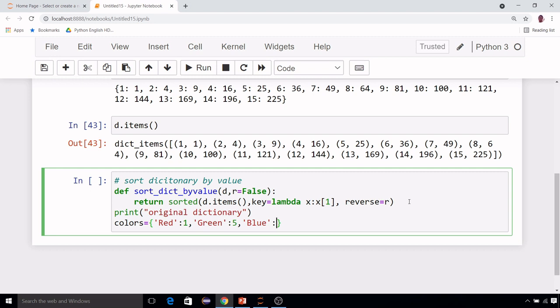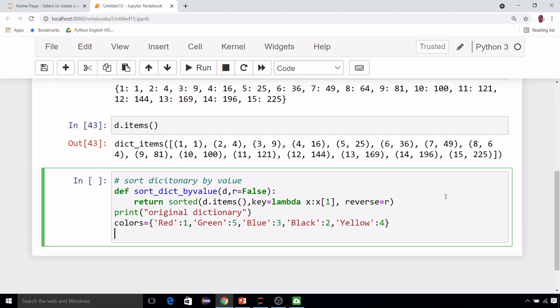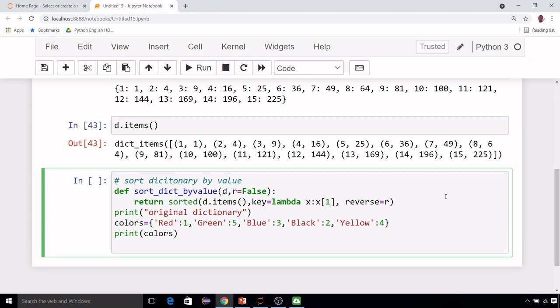Suppose I'm just numbering the colors. Blue colon 3, then black colon 2, then yellow. Sorry, these are the keys, the color names are the keys, and the numbers are the values. Red is 1, green 2, blue 3, yellow is 4, done. Then I am printing the colors normally, and next I am printing